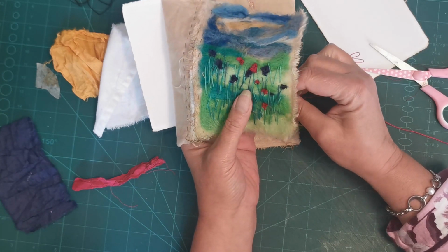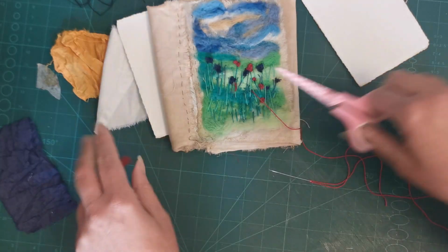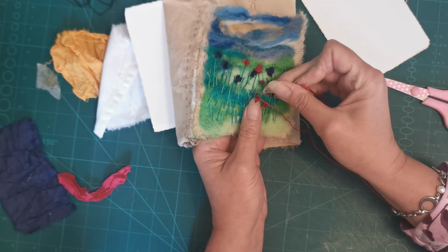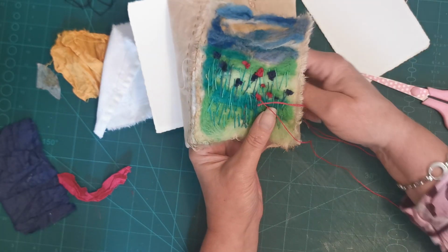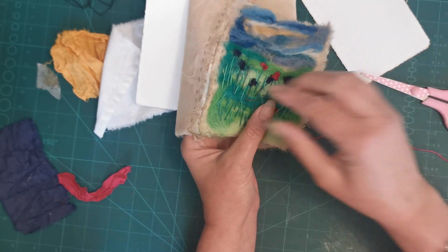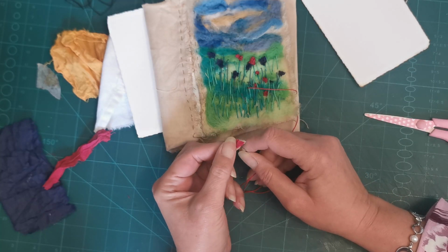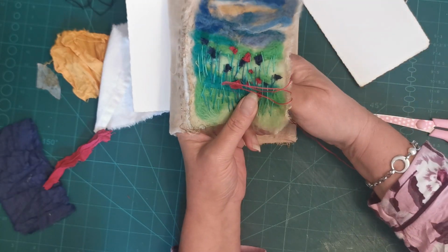Right, I think I'm going to come over here. Now, I'm obviously not going to cover every single stem, but I do want to cover most of them. So, let's see how we get on here. I'm just tucking it in together, making it all into one. I'm putting a stitch through it and then just working my way back across. There was always going to be more poppies than anything else, wasn't there? Can't imagine why, can you? Well, I suppose we should have had purple poppies, shouldn't we? Anyway. Now that is a giant poppy,